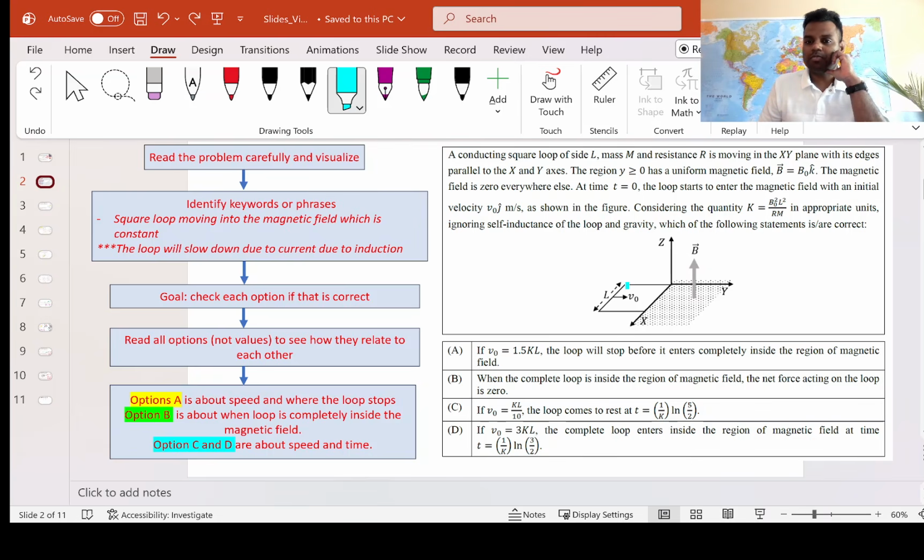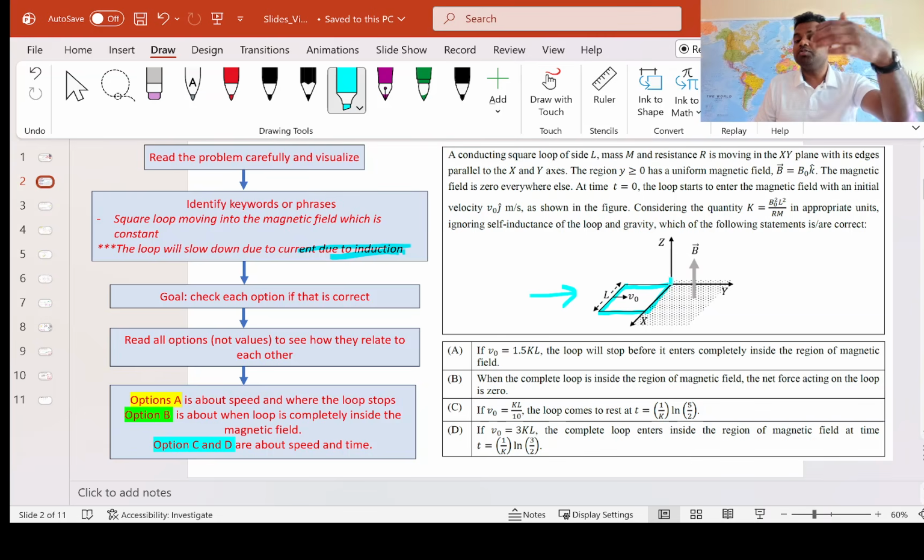If you read the problem, you will see there is a square loop of length L, and that is moving into a magnetic field, right? Moving this way, and the magnetic field is only in the positive xy plane, and the direction of the field is perpendicular to the loop. As the loop enters, you should know that in this problem you will have to use Faraday's law of induction, right? As the loop enters, the magnetic field through the loop will increase, and based on Faraday's